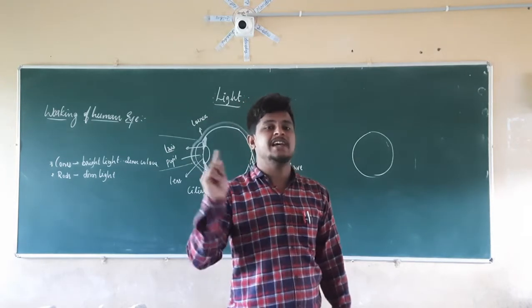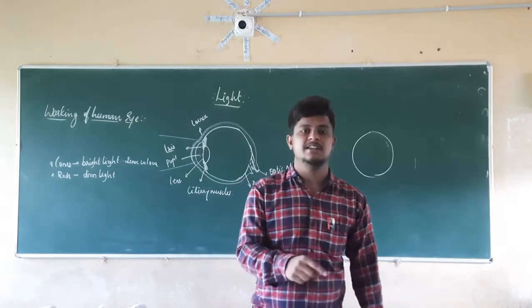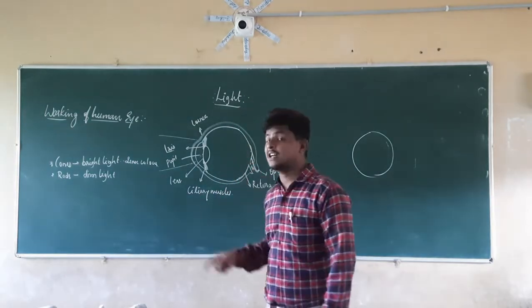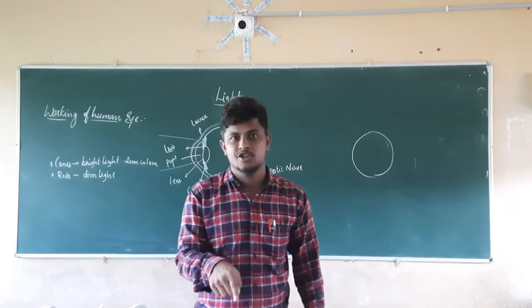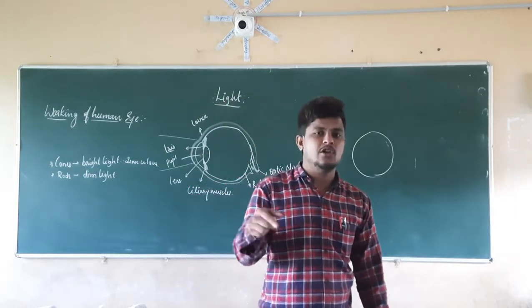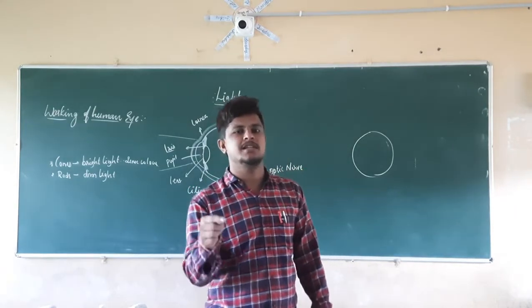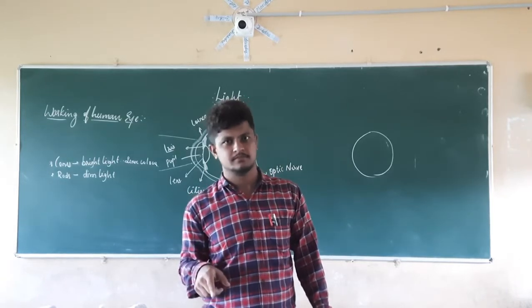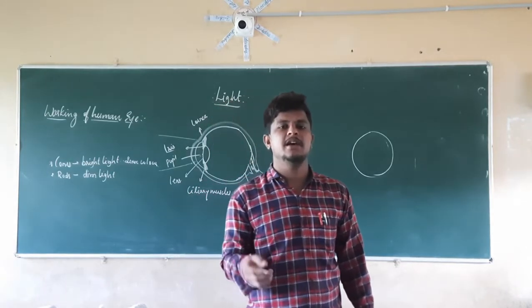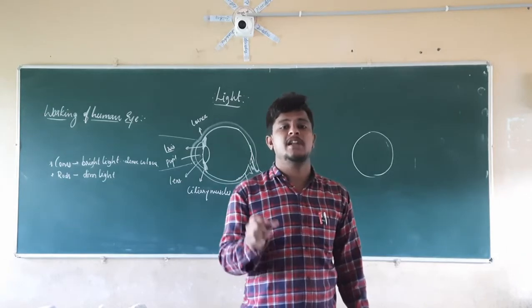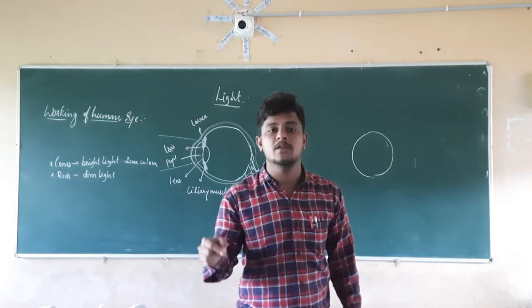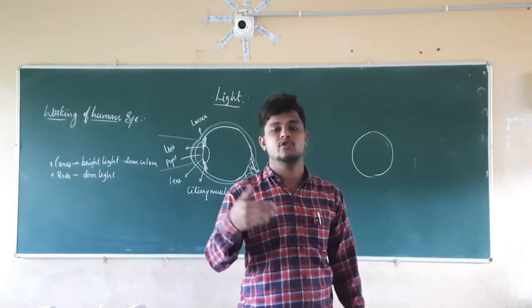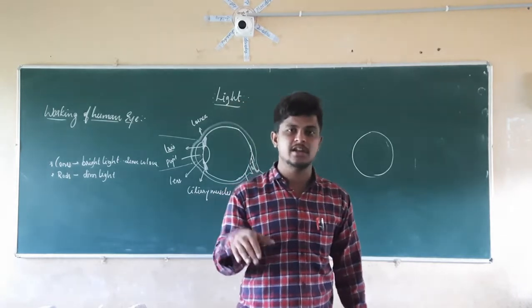So how is the size of the pupil getting controlled? The size of the pupil is getting controlled by the iris. So the iris indirectly controls the amount of light which is entering into our eyes. Right. In the same manner, which one is controlling the amount of light ray entering into our eyes? It is the pupil which is controlling the amount of light ray which should enter into our eyes, which should not enter into our eyes.